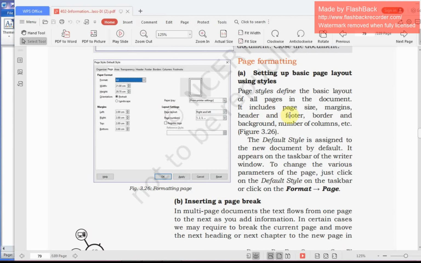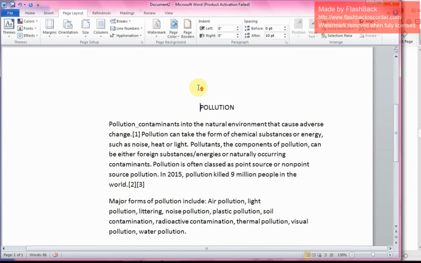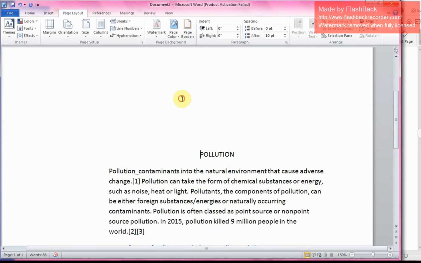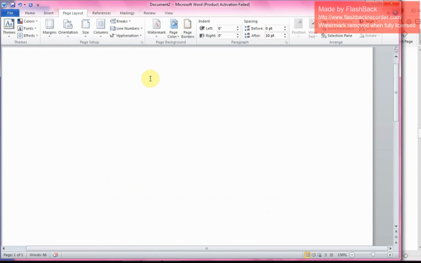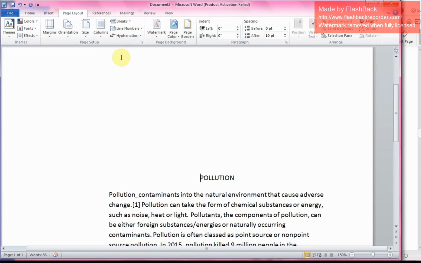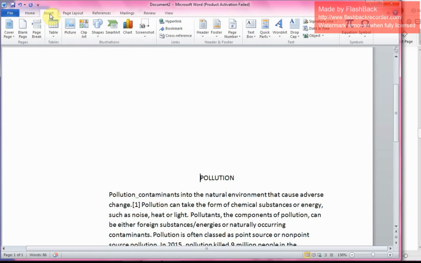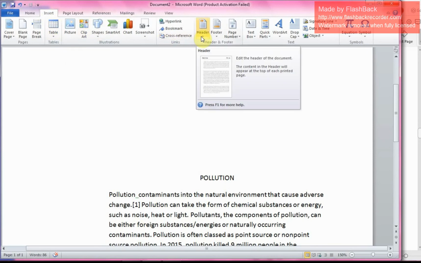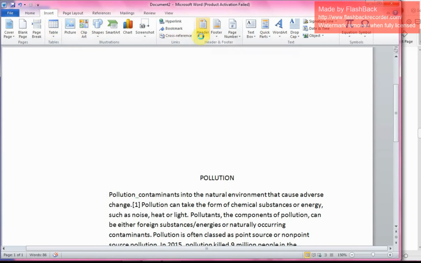Now header and footer. How we can set the header and footer? We know that the text written at the top of the page is the header, and the text written at the bottom of the page is the footer. For writing the header, click on the insert tab, then here is the header option.